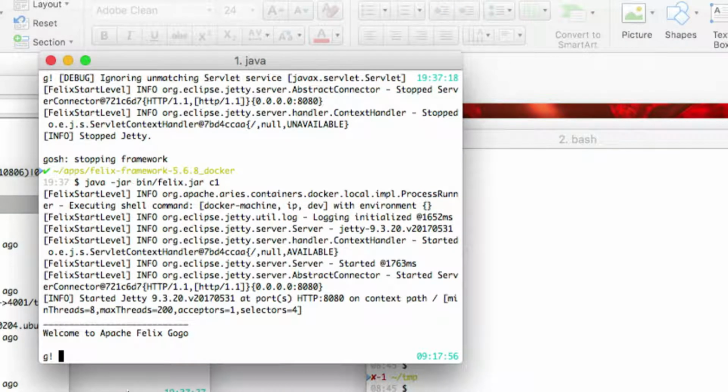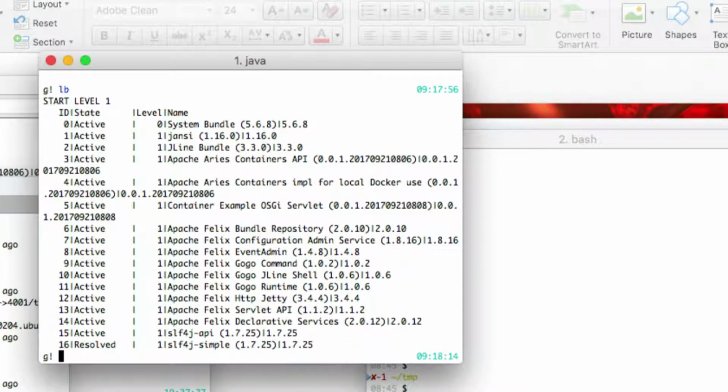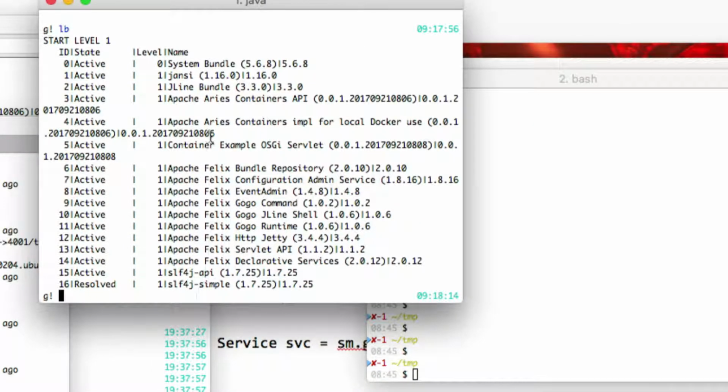Right. So this is just a little Felix installation that I have here. And by the way, these demos are part of the Arius demos, so you can just try them out by looking at the web page that I mentioned earlier. So this is just a very simple Felix distribution, and it has the Arius containers API in there as bundle 3,